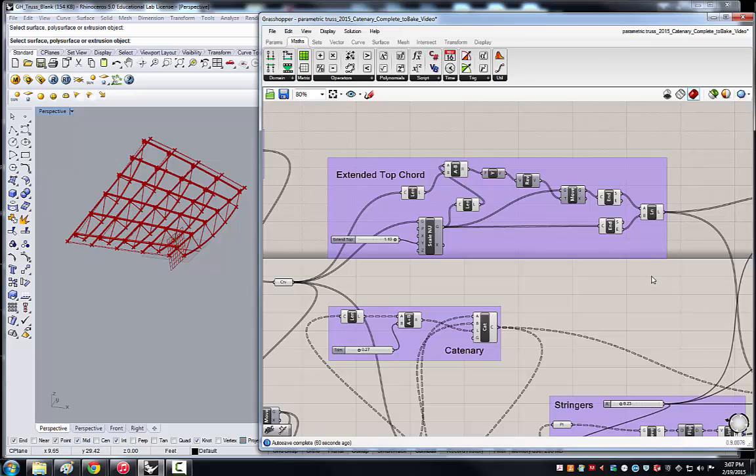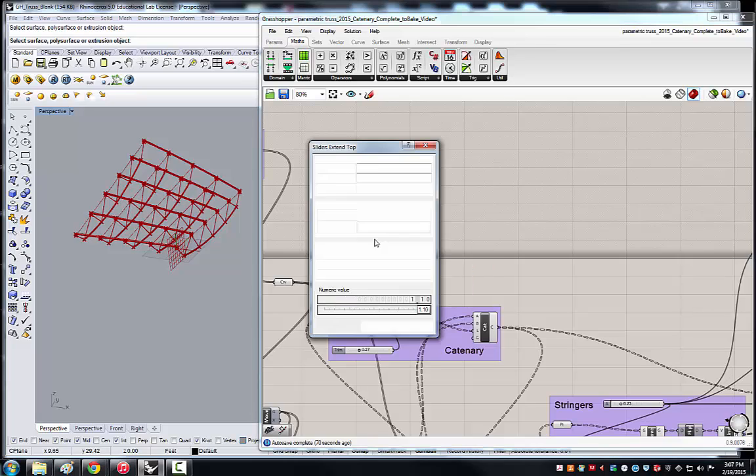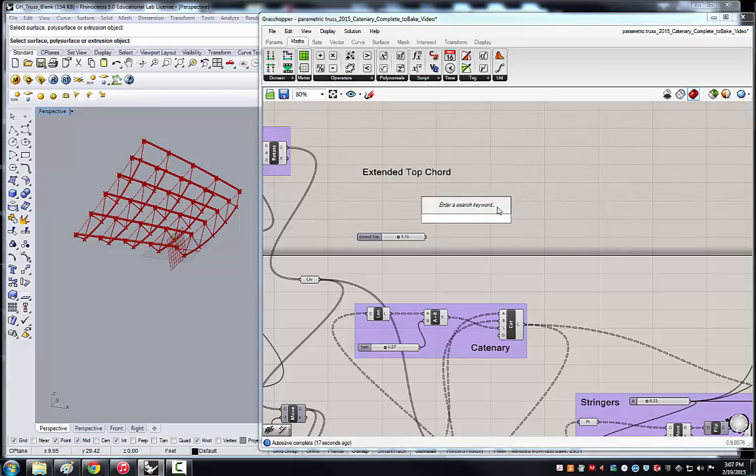But what we're going to do now instead is to delete all, except maybe the name of it. We're going to delete all of that functionality. We are going to change the slider so that it has a minimum of 0 and a maximum of, say, 3 feet. And we're going to put in an extend